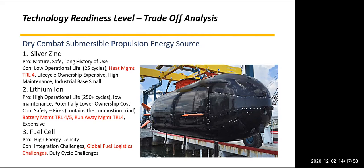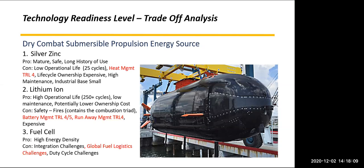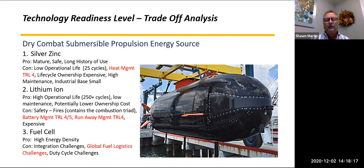Gotcha. Okay. And the fuel cell, for example, I went to Hamburg, Germany, met with Siemens to talk to them about it. And they even said, no, not a good fit. So the problem with the fuel cell is sourcing the nuclear fuel in different countries? Well, it's not nuclear, but it is the source. It's the logistics tail for the fuel. And also the entire design of the submersible would have to be changed to adapt to the fuel cell